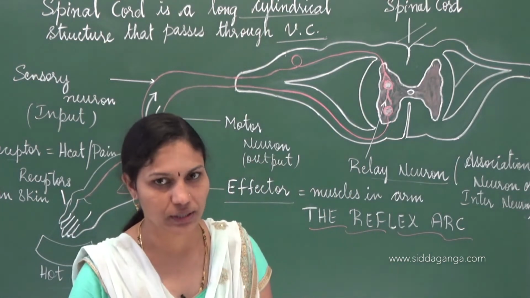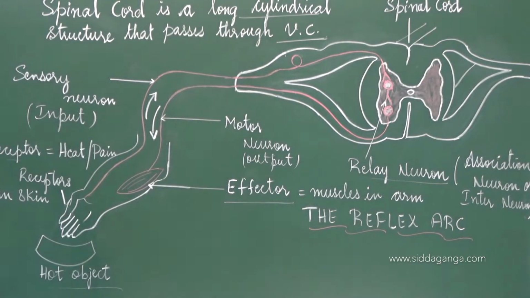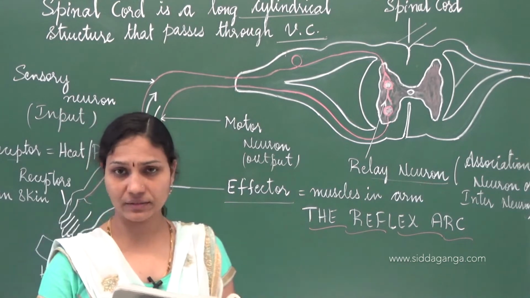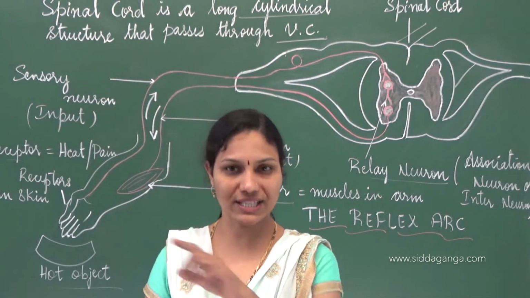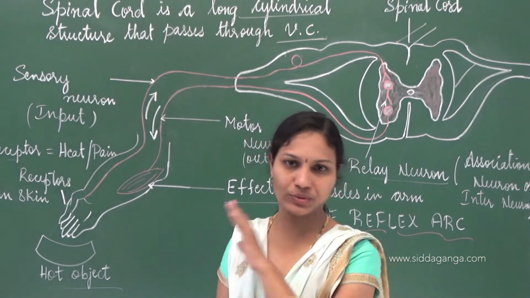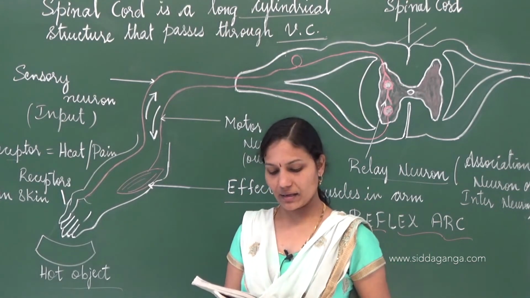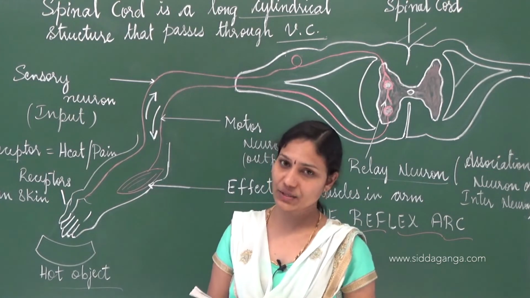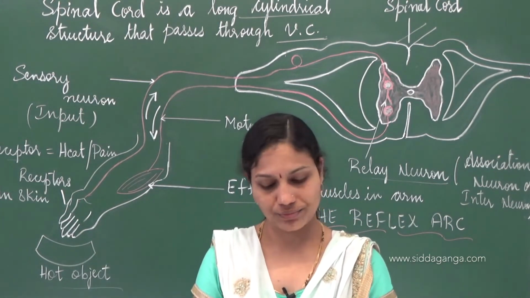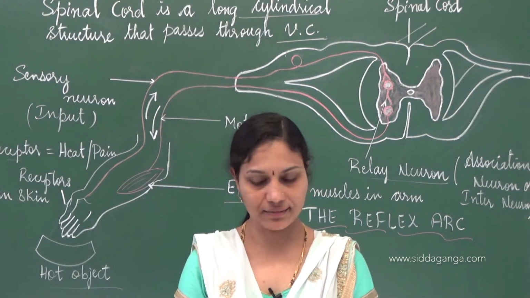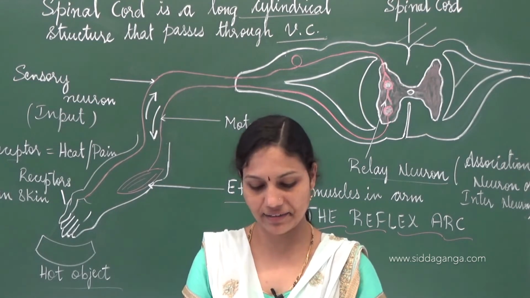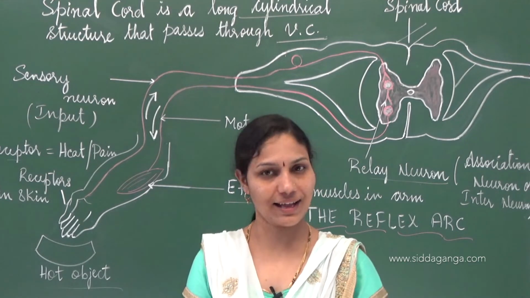In our textbook, another question is asked related to this. Below figure 7.2, a question is asked. Using this, I hope you have understood this, it's very easy. And using this, they have asked a question: can you now trace the sequence of events which occur when a bright light is focused on your eyes?